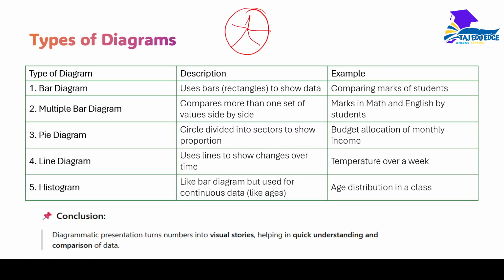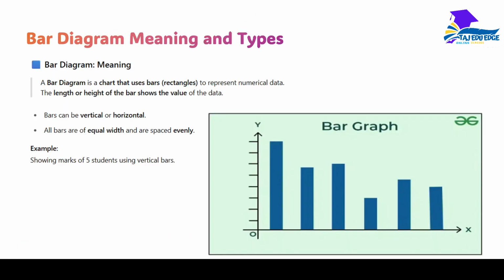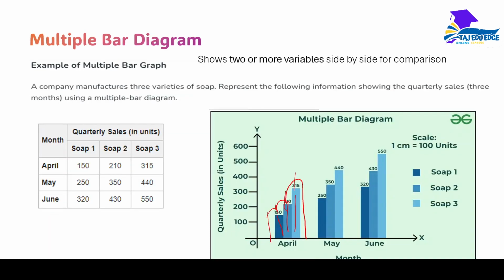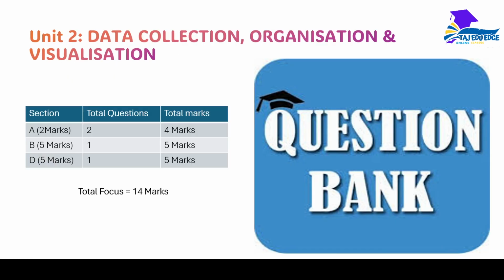So I hope that you have understood the various types of diagrams. Diagrammatic presentation turns numbers into visual stories, helping in quick understanding and comparison of the data. So this is about the types of diagrams. In the next video, I'll be discussing the bar diagram, the types of bar diagram, and also the pie chart. After that we'll be having a question